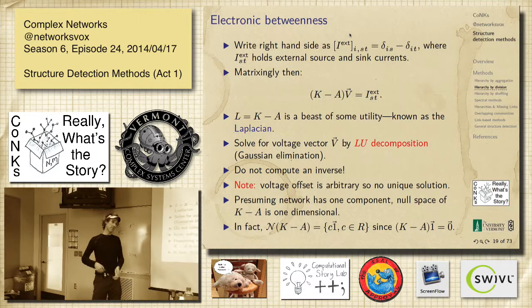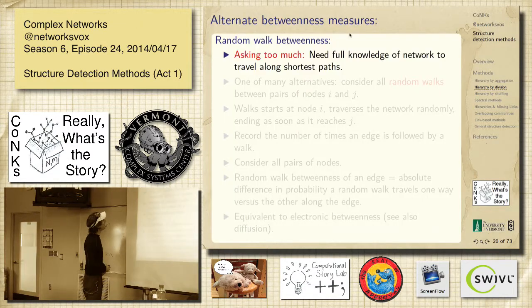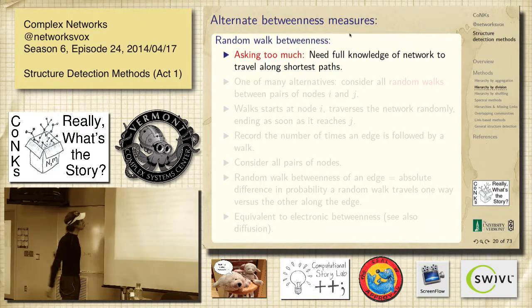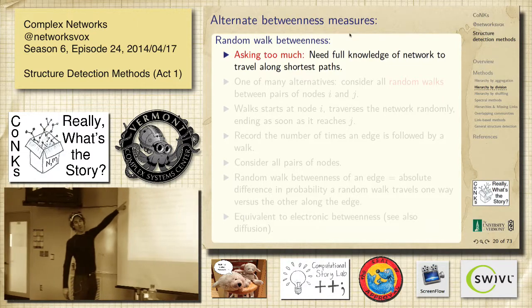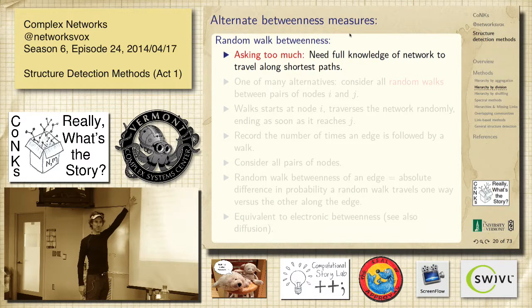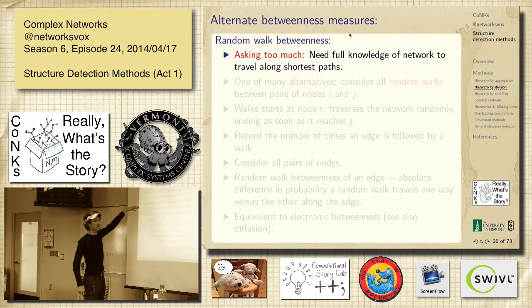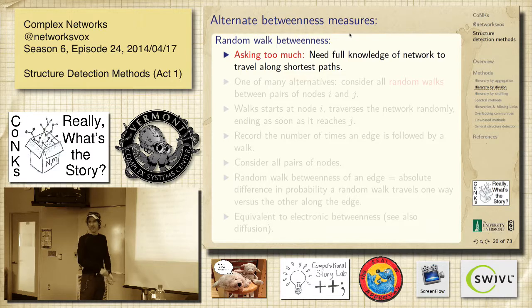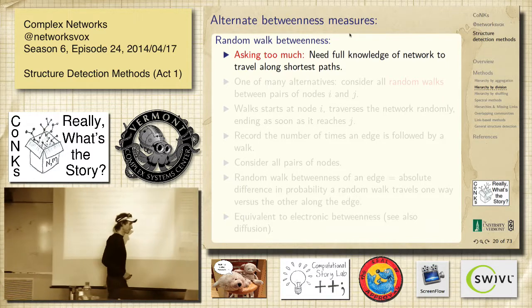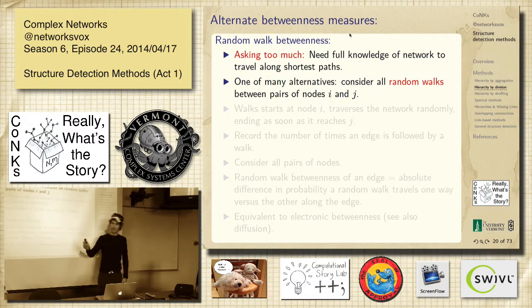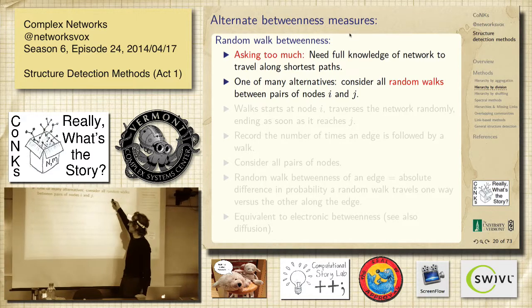Yeah. So you have to do that over and over again. That's kind of arduous. It's a little crazy. So the random walk between us, I mentioned it's the same thing, but how it plays out, how you think about it is slightly different. The concern you might have about shortest paths, apart from the fact that it just doesn't make any sense, is that they're hard to find. And they're sort of asking a lot of nodes to know what the shortest paths are. So at the other end, perhaps, is that they have no idea what they're doing,